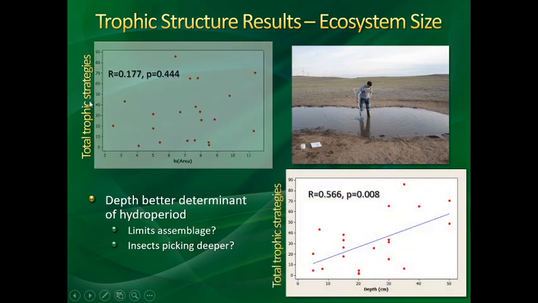So between area and the total number of trophic strategies, there was nothing here. But there was a pretty clear signal. There's a lot of variation here, as with lots of ecological data. But there's a clear signal that the deeper the playa gets, the more trophic strategies we have. So the more ways in which food is used by the whole community that's living in this little pond, or